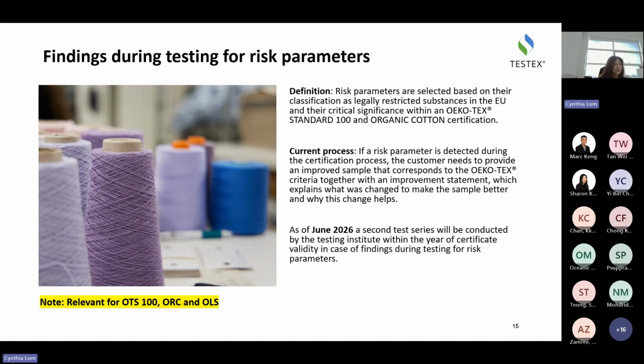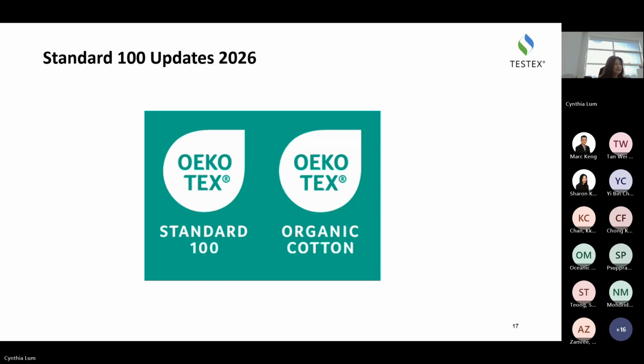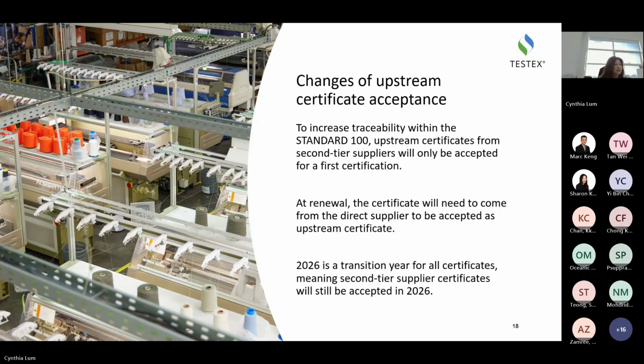Okay, so move on to the next slide. Standard 100 updates. We start with Standard 100 as usual. Standard 100 and organic cotton. Okay. Changes of upstream